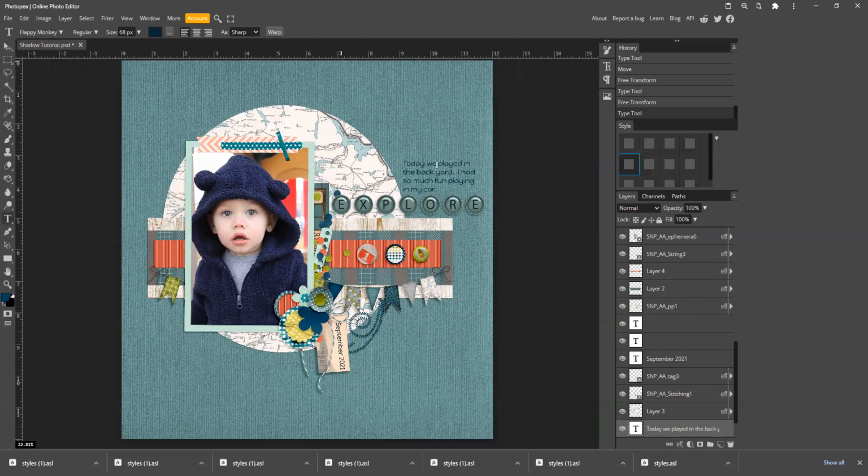One thing to be aware of also is that you don't put shadows on your journaling. You're great if you're doing a large title, or even if it's made out of paper. These are made out of like a flare. You do want to add a shadow to those because they are a separate element. But as far as your text in journaling, or like this text on this tag, it would be done with